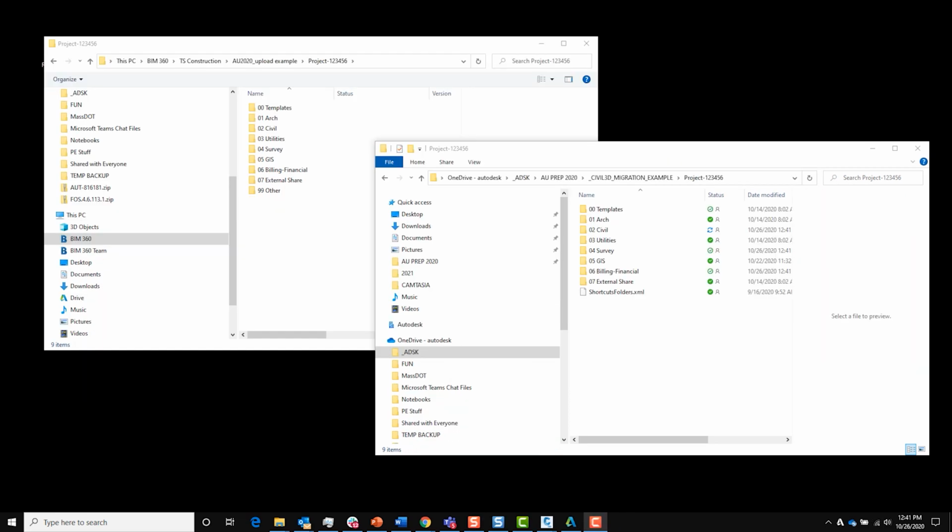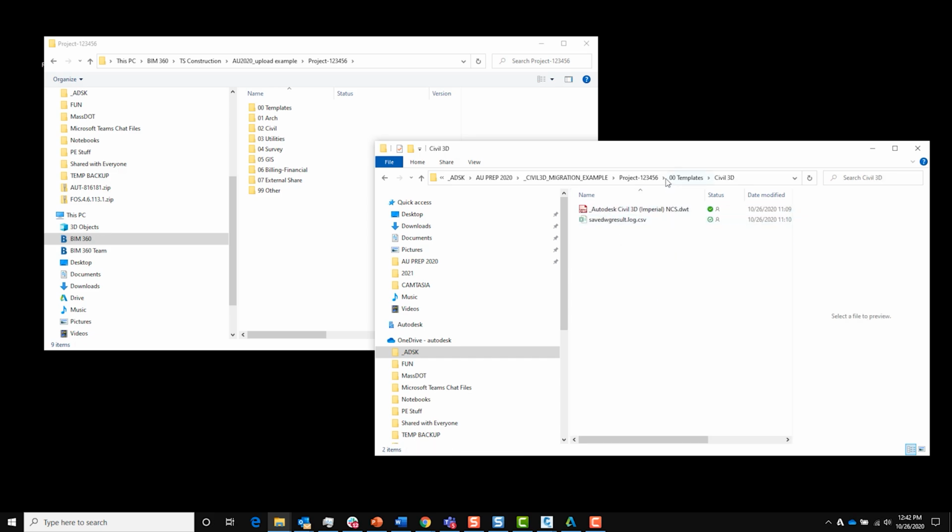So before I get off of this subject, let's talk about what you may have noticed, and that I am using templates on BIM 360. Let's explore what it is I'm uploading template-wise. Out on BIM 360, I'm going to keep my Civil 3D template. I'm going to keep my plan production templates. Any reference templates that I have for Civil 3D. I'm also going to have things like sheet set templates or any title blocks that I need.